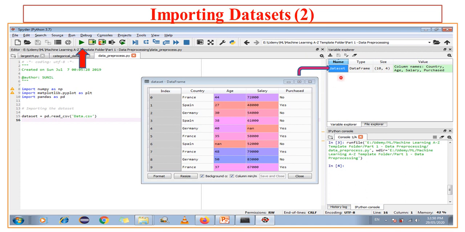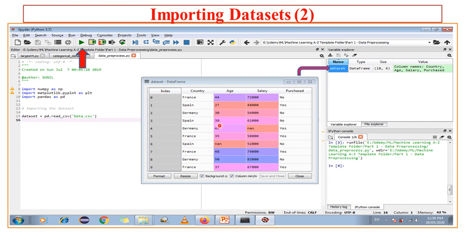Do remember, the data.csv file is now not a CSV file, but that file is available to our program in the form of something called a dataset object, and that object is of what type? Data frame type. So your data set is provided to the Python program as a data frame. So here the data frame is the object. Now on that data frame all the further processing is done.